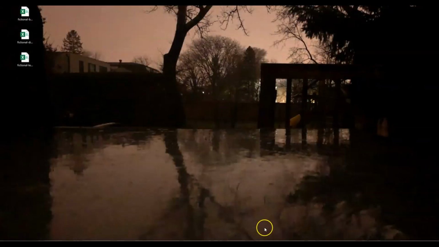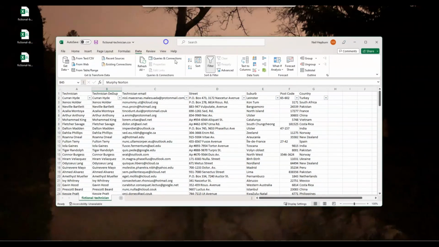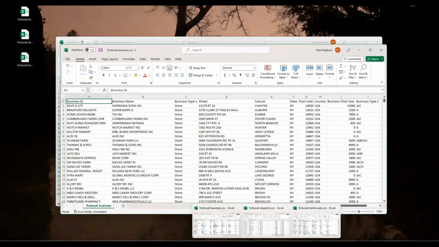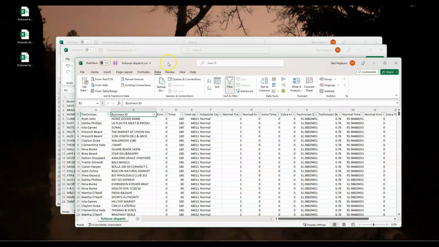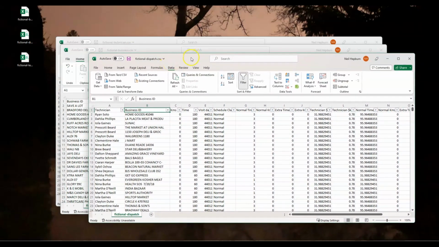Okay, let's start looking at the raw data, and then we'll start to clean it up. So the raw data files, there's three of them. There's first fictional technician, second is fictional business, and the third is fictional dispatch, which connects the technician to the business. Now, there are a few data quality issues we have to deal with before we can really get down